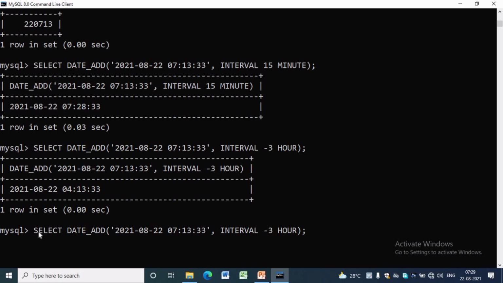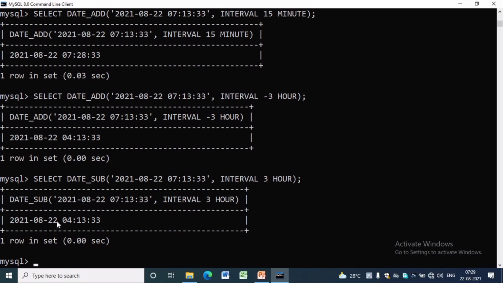DATE_SUB function subtracts a time or date interval from a date. SELECT DATE_SUB, within brackets we have to write the date and time, comma, INTERVAL 3 HOUR. It will subtract 3 hours from 7. Instead of hour we can subtract minute also.